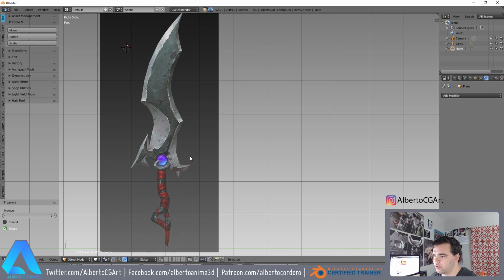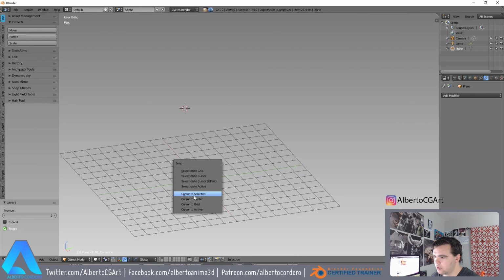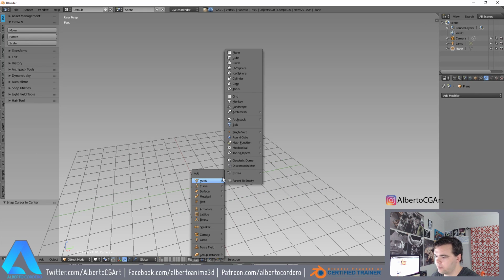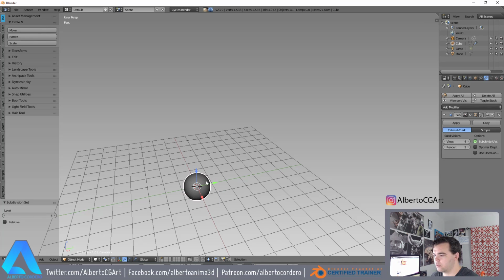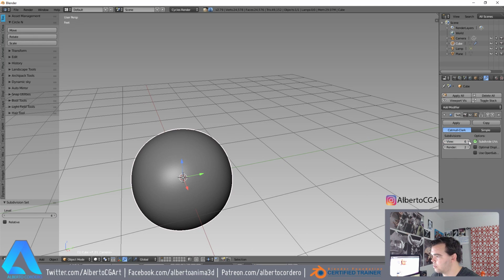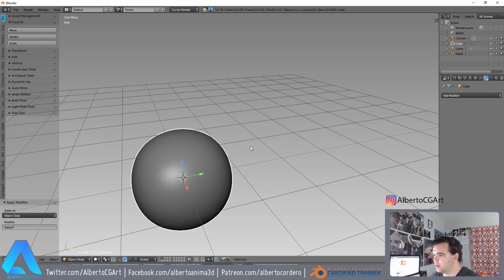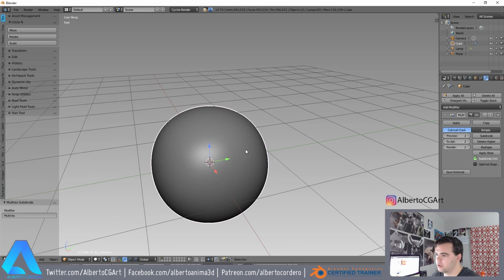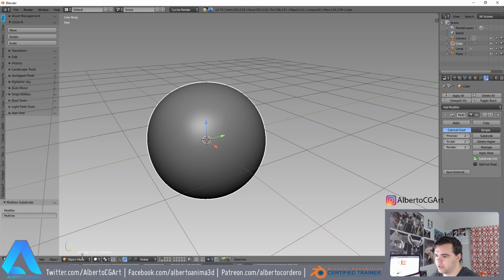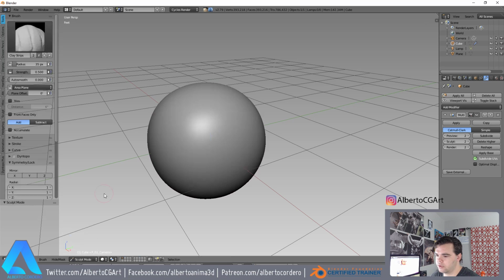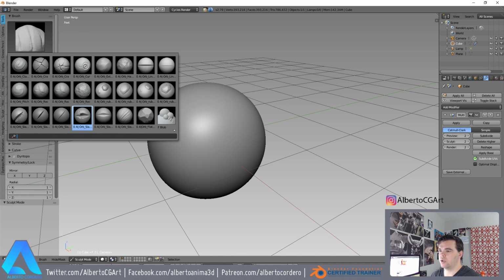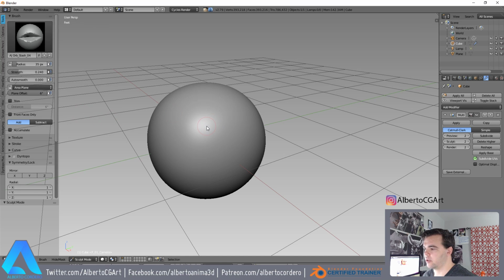So how this works, let me show you how cool these brushes are. I'm going to layer number 2 and put the cursor in the center. I'm gonna add a cube right there. Going to Control 4 just for a second, and I'm going to add enough subdivision so this can actually work. There you go. I can actually sculpt now at this stage. So let's go to sculpt mode right there. And let me select this one right here. I'm just going to draw,